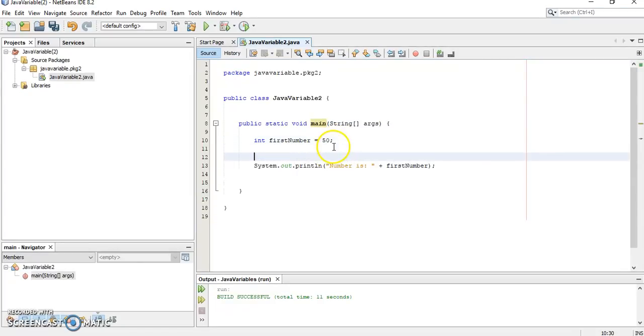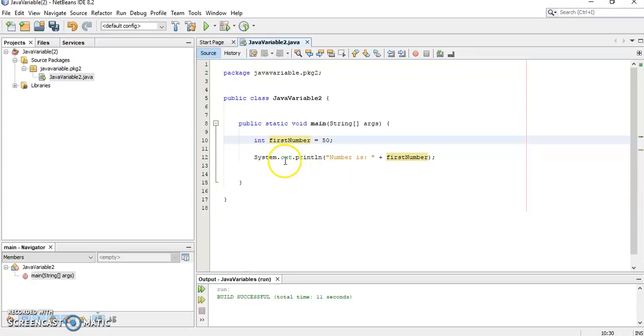We define a variable. That's this section here. Int is the data type, so it's an integer. We give it a name, and in this case I've got an assignment operator, the equal sign, and 50. That one line of Java says, declare a variable called first name, and give it an initial value of 50. The second line of code is basically telling it to output it, and where it's outputting